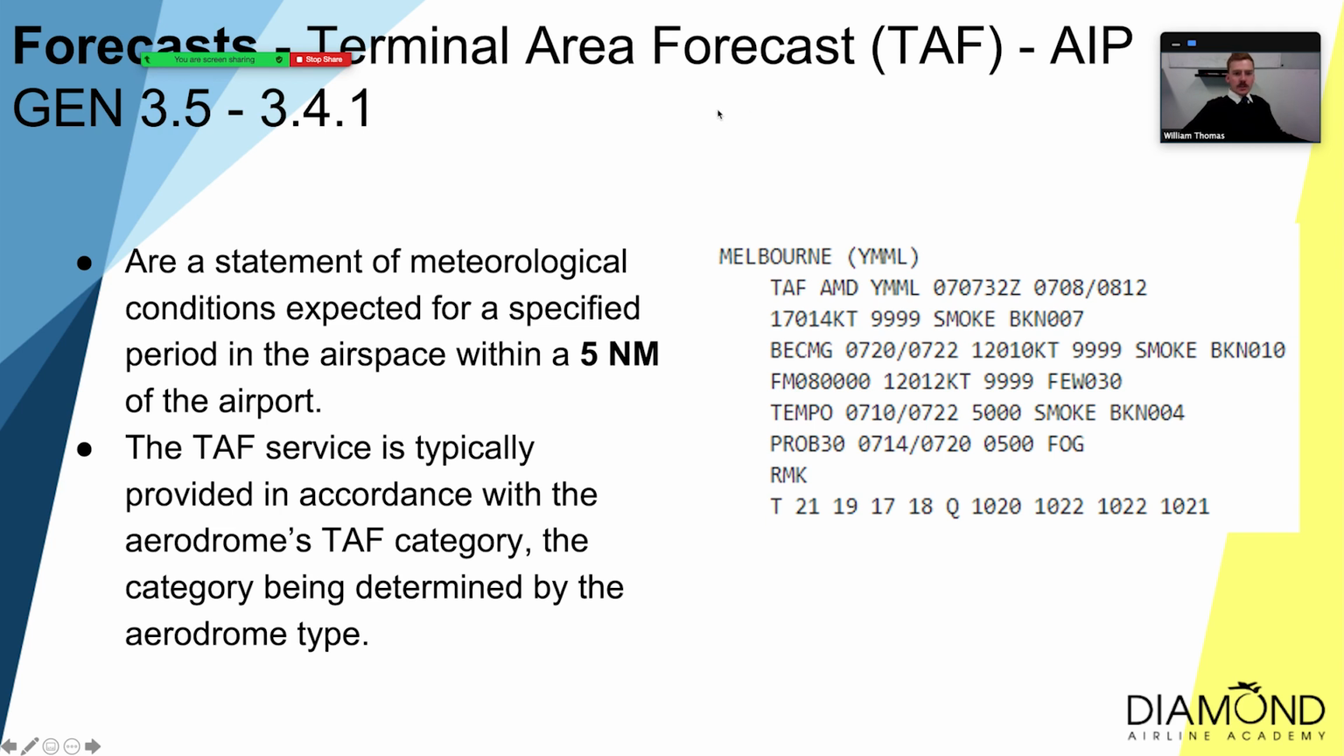TAF. So TAF, we've taken a look at. Statement of meteorological conditions is specified for a particular period in an airspace within a region of 5 nautical miles of the associated airport. So Moorabbin's terminal area forecast gives us a forecast for the airspace within a 5 nautical mile radius of Moorabbin. TAF service is typically provided in accordance with the aerodrome's TAF category, the category being determined by the aerodrome